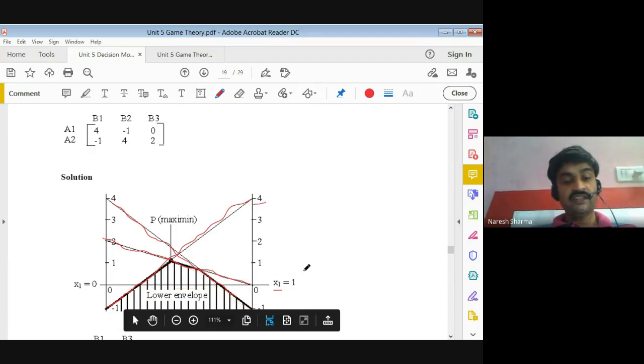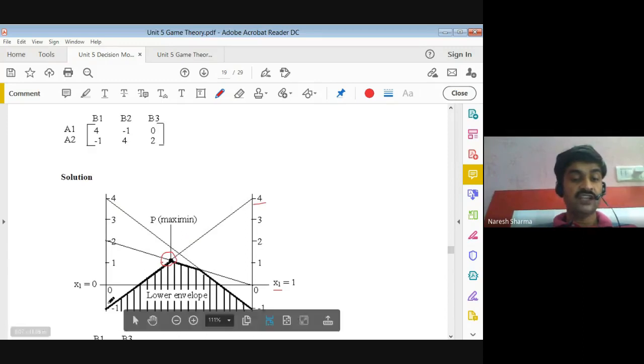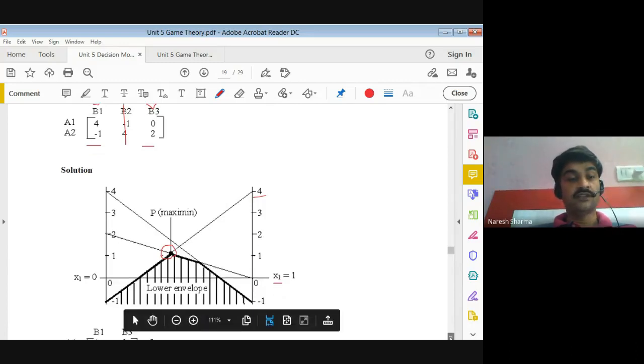After that, if you find the maxmin point in the common region, here the maximum point is this one. So that is called the maxmin point. This point is formed by this line and this line. That means we can choose your 4, minus 1, that is the first column, and 0, 2, that is the third column. So we can neglect this one, and do further calculation with these 2 columns.